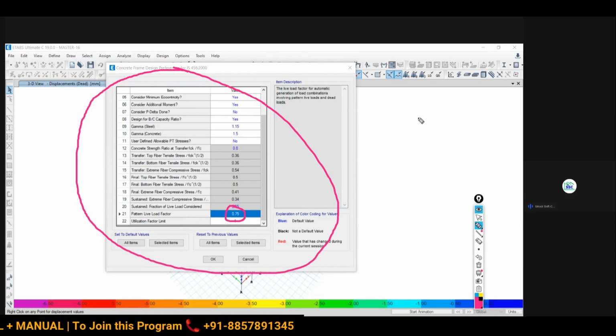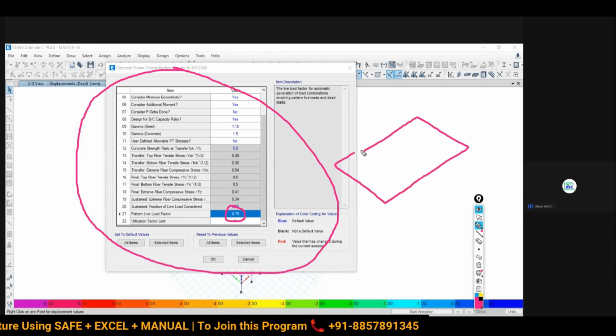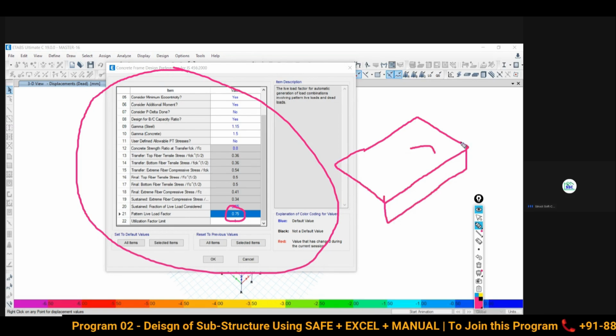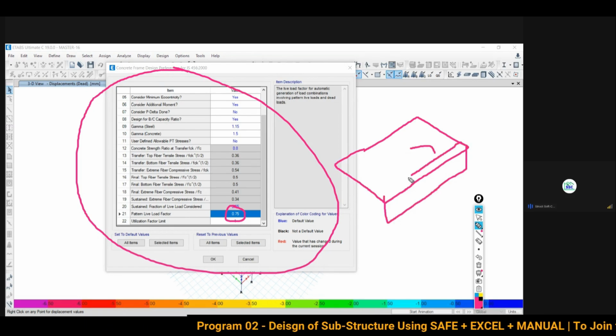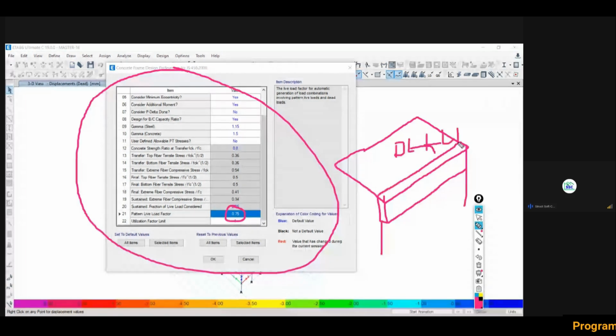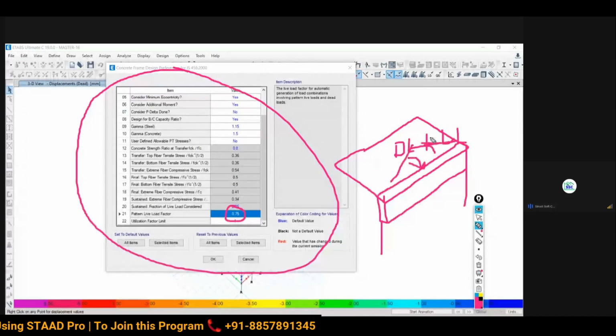So when you have considered the analysis, the load is coming from slab to beam. The load that has come on the beam after the initial analysis will show 100%. That means whatever the dead load is, plus 100% live load, is transferred to this beam. Whatever part is transferred here is given considering 100% live load.